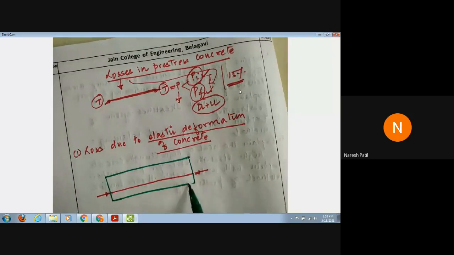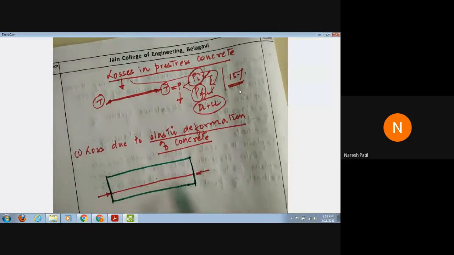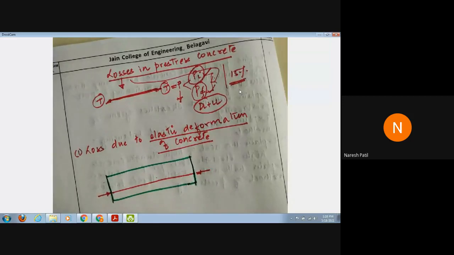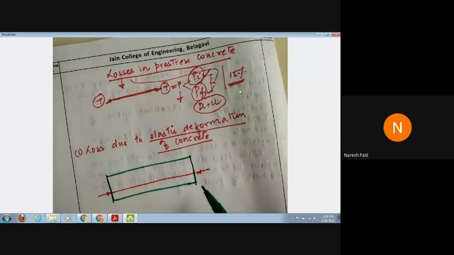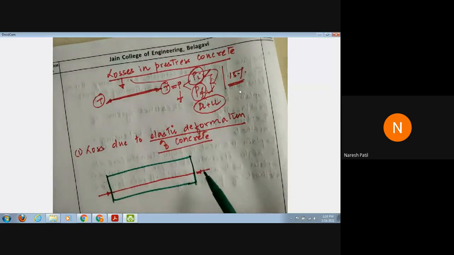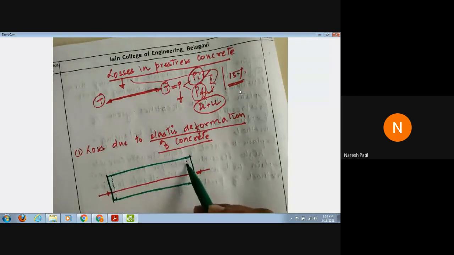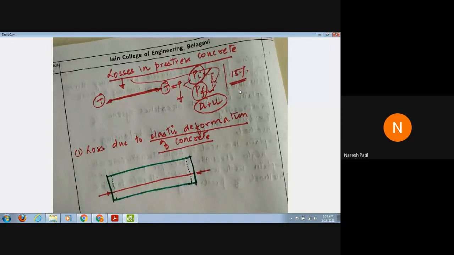So what will happen? Look, the concrete is assumed to be at this location, and accordingly the prestressing force is applied. Then what will happen due to compression? There is a change in the concrete properties, or the concrete will deform. The original location of the concrete is here, but due to the applied compression on its end, the concrete may deform. So this will be the final position of the concrete. It was here, but due to compression, it has shifted here.